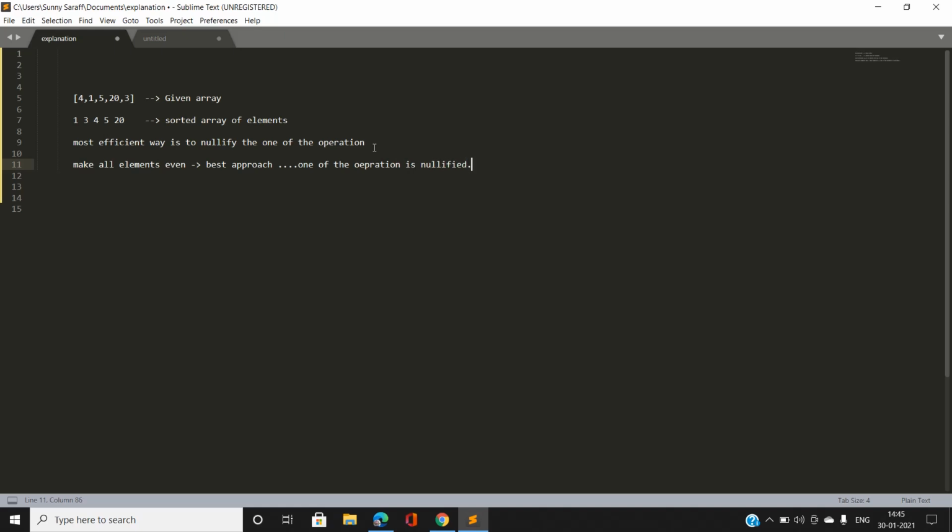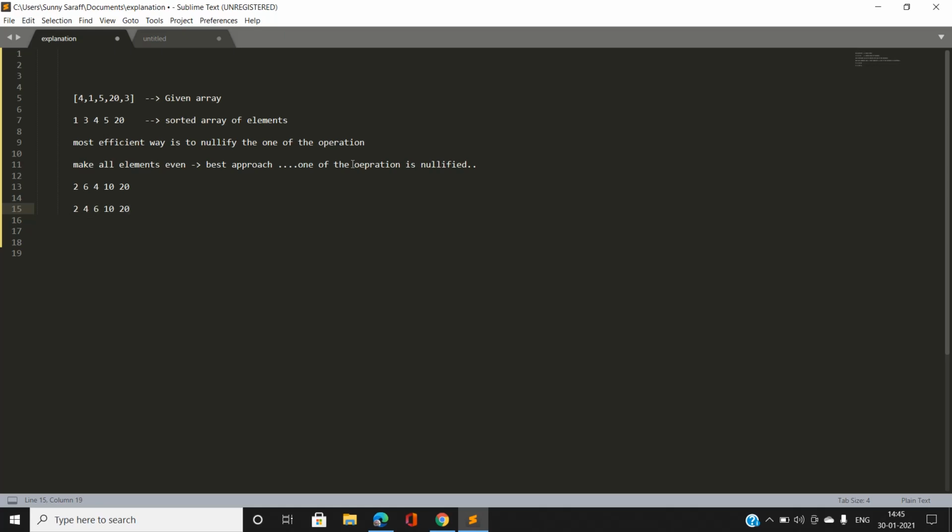Now if we do this operation, then the new array is 2, 6, 4, 10 and 20, and if we sort this array, then the elements of the array would be 2, 4, 6, 10 and 20.